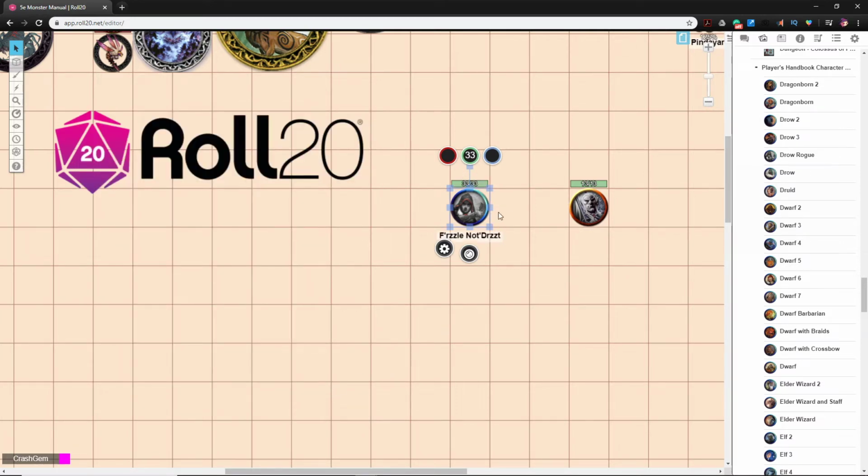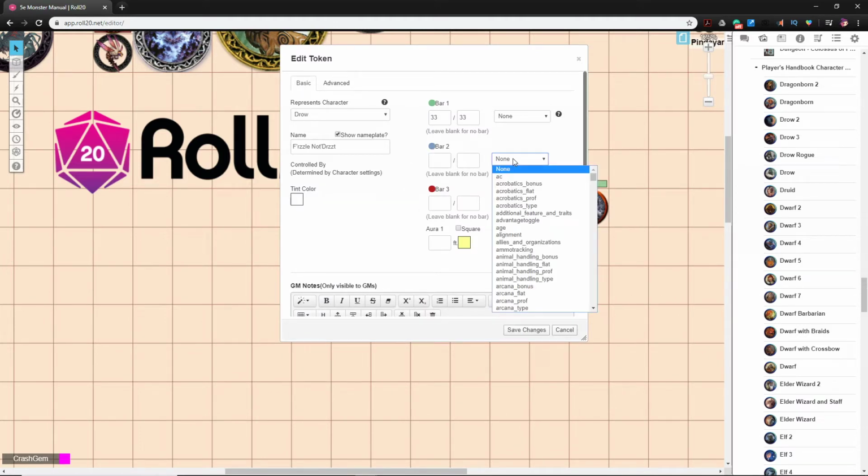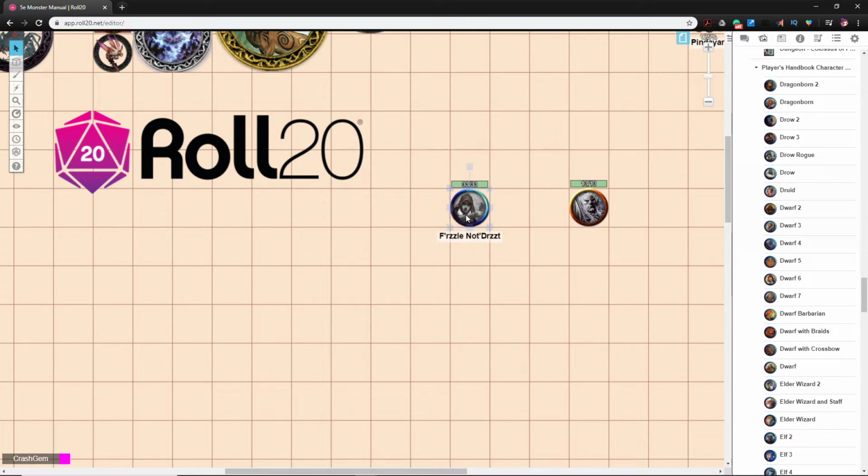And you can see that now he has hit points. If we wanted to link his armor class, we could go to bar, and bar number 2, which is blue. And you see AC, but that is just for player characters. You want to do NPC AC. So now you can see that he has hit points and he has